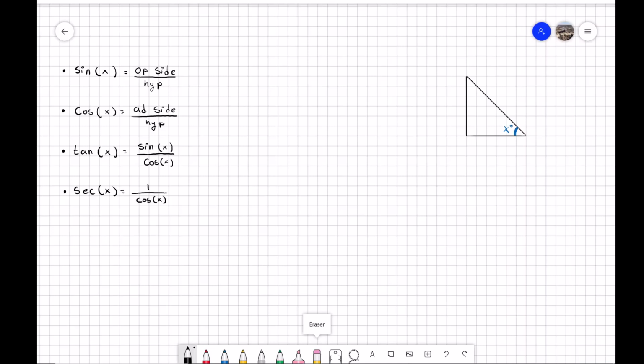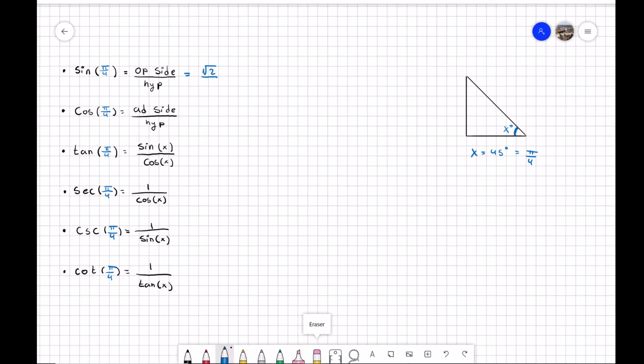The secant, which is 1 over cosine. The cosecant, which is 1 over sine. And the cotangent, which is 1 over tangent of x. Now let's say that x is equal to 45 degrees, which is the same as pi over 4, and do some examples. So we know that sine of pi over 4 is going to be equal to the square root